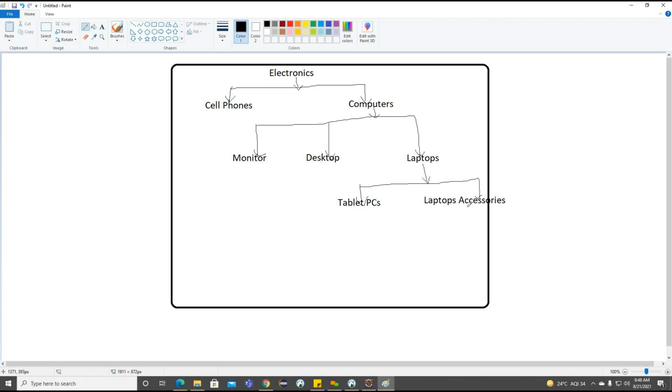Getting the point? And if we want to do it for the monitor and desktop, we can create one more category here. This is the way we can create the categories.